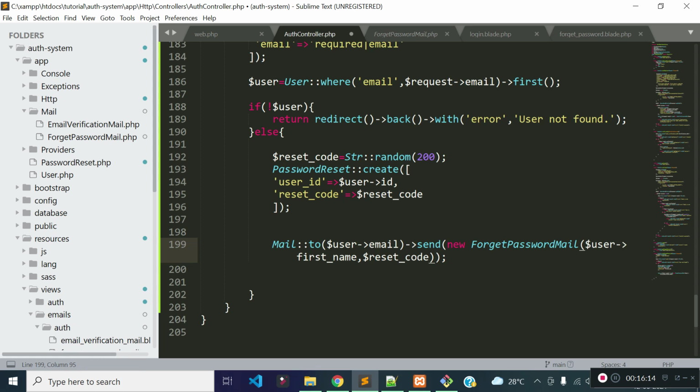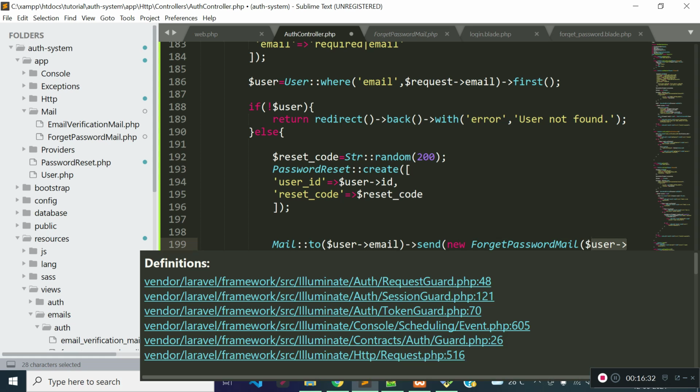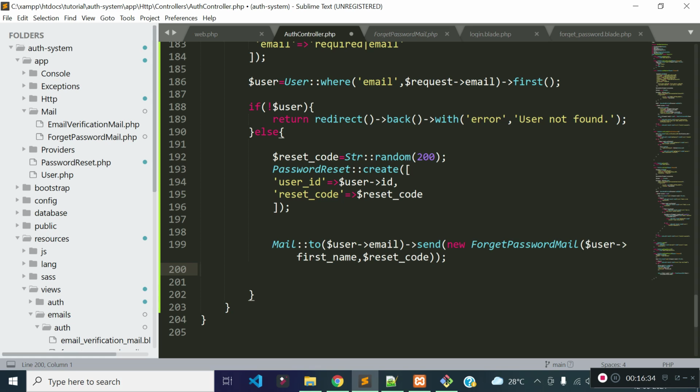We can create an instance of a class by the new keyword. So new ForgetPasswordMail, and then I am passing these two values during creating the instance. One is the user's first name and another is the reset code.